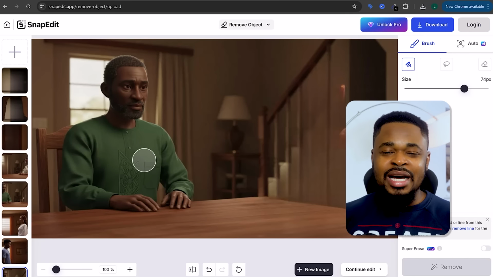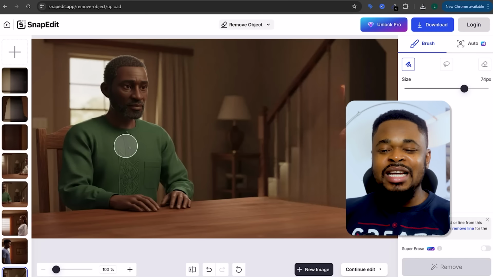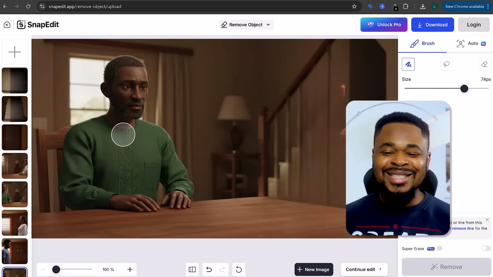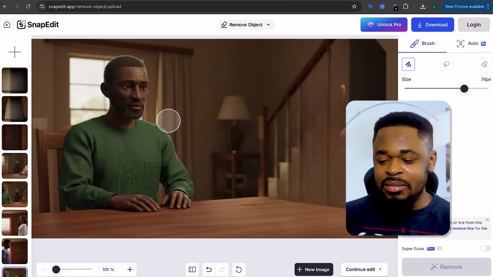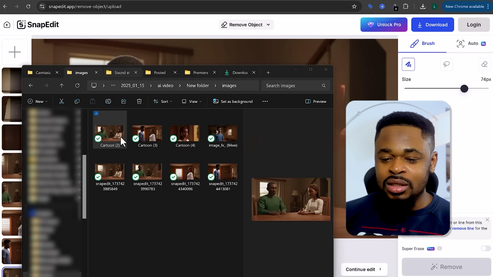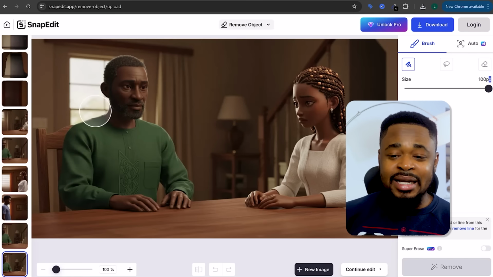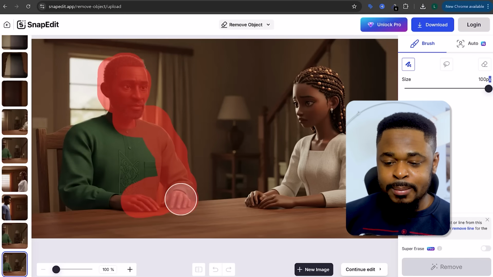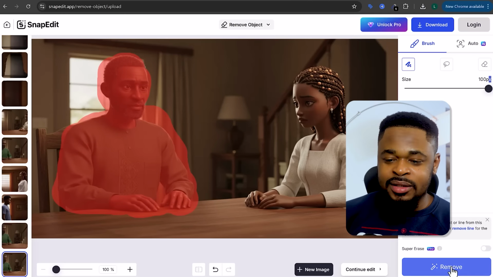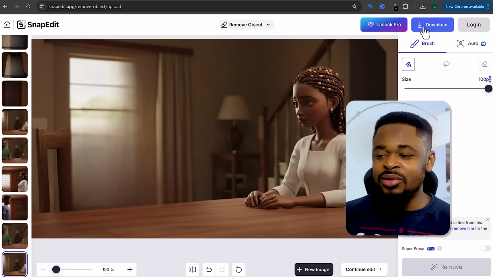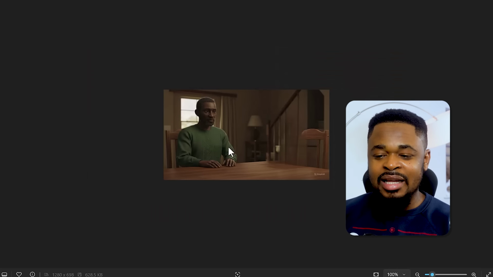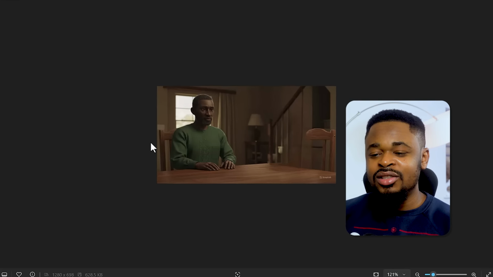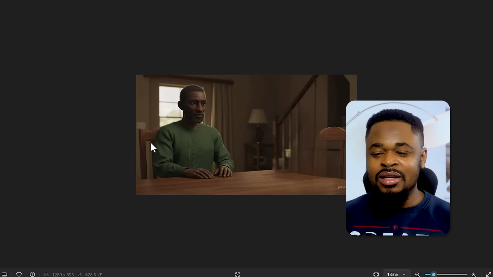So now we can act as him and upload it on Runway and we get the animation for him for that particular scene. So we are going to do the same thing for Adama, right? We've gotten this image. Next, we are going to upload the image again and then remove the dad. Then click remove and bam, we download this image. So once we are done, we are going to have her alone sitting and the dad alone sitting. So we can animate each of them differently.